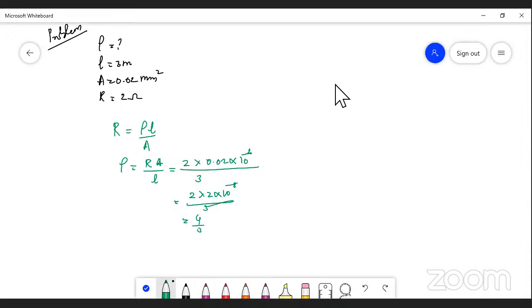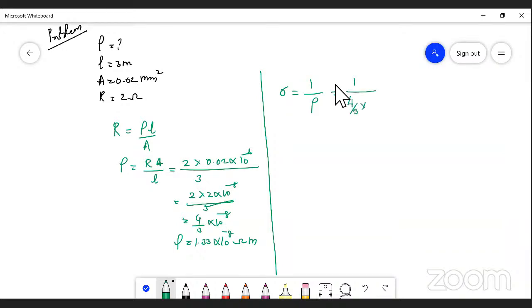So 4 by 3 into 10 power minus 8. So we will have 1.33 into 10 power minus 8 ohm meter. This gives you electrical resistivity. Also, we can calculate electrical conductivity in this expression. Conductivity can be calculated as sigma equals 1 by rho. Conductivity value can be obtained by taking 1 divided by the resistivity, which I got as 4 by 3